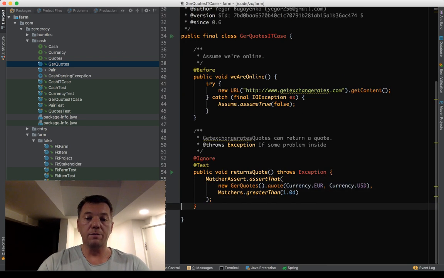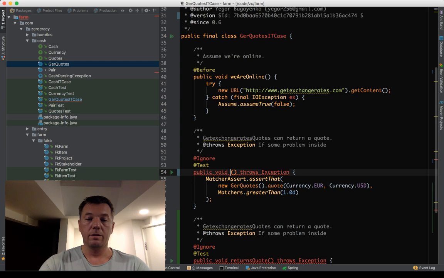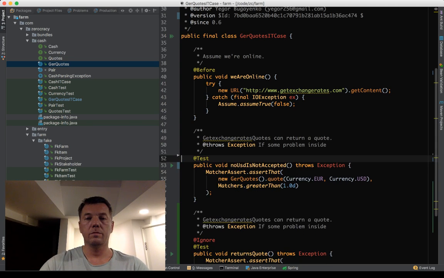I create a new test method, and I say, no USD is not accepted. If there is no USD, the quote throws an exception. So I'm doing something like that.